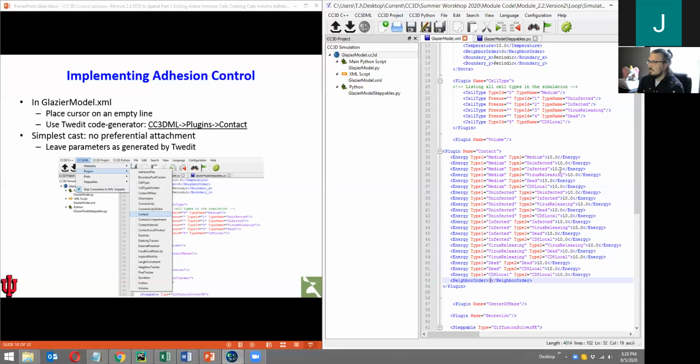Now we'll leave all of these parameters as 10, so this would be the case of no preferential attachment. Later we'll do lots of interesting things. Well, I'll send you off to do some interesting things by varying some of these and seeing how that affects the corresponding emergent dynamics due to instabilities with differential adhesion. So for now, we'll leave that as is. If everyone's here,